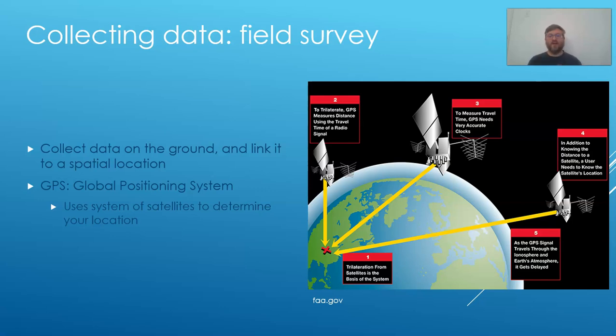There'll be one point on Earth that's exactly the right distance from all those satellites at their times of being at certain points in their orbit when they sent out that time-stamped signal. So once you know your position using GPS, you can say then this piece of data, right, this temperature reading or whatever, was at this latitude, longitude coordinates. And you gather a whole bunch of those and you get a spatial data set. You get information across some larger area of whatever it is, temperature or whatever it is that you are gathering